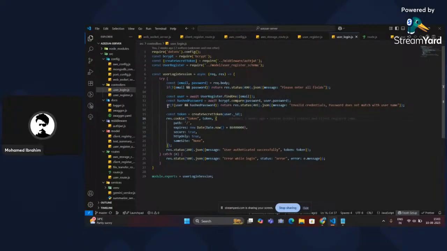If both things are not there, then simply the user is new to the application, and we need to prompt them: Hey, you are not a previous user of this application. You are not in it. You need to create an account to get into this. Or else, if the credentials don't match their email and password, we will throw invalid credentials. Next, once again, to make the session, because the session is over,